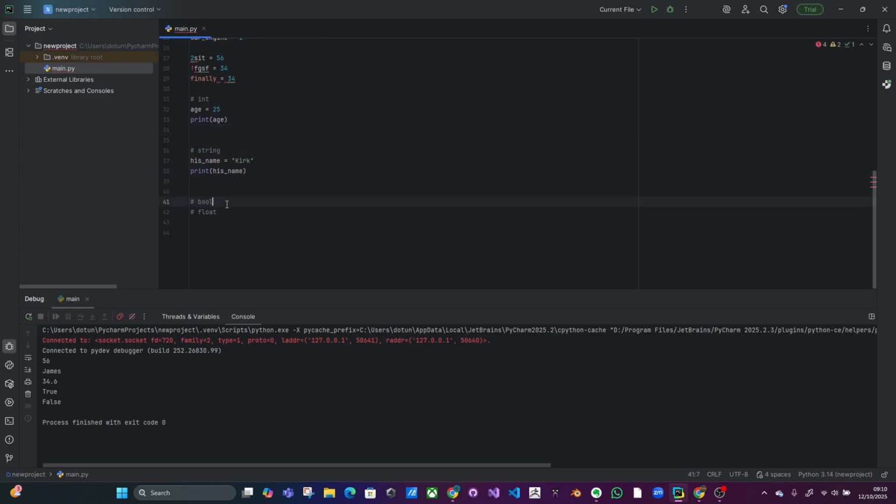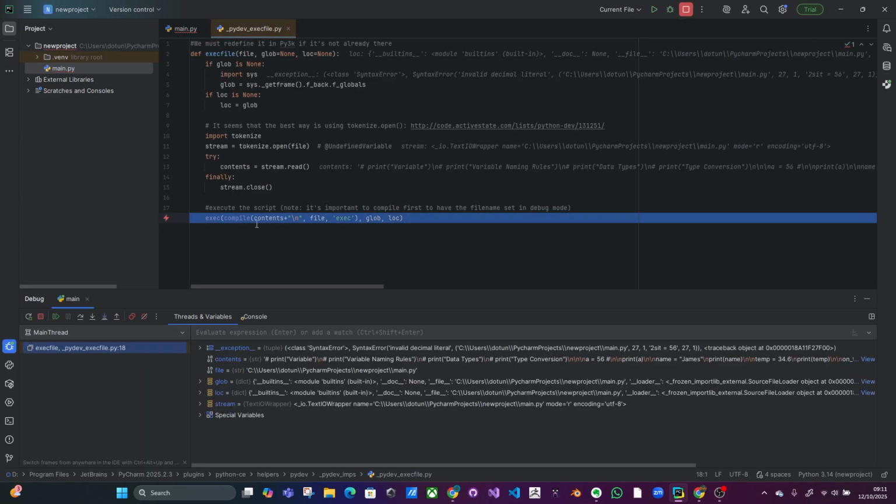and then bool, say awake equals true, and then we can print awake as well, and then float temp, so that area equals 35 points. I can have all sorts of values there, and then print temp. So if I run all this,